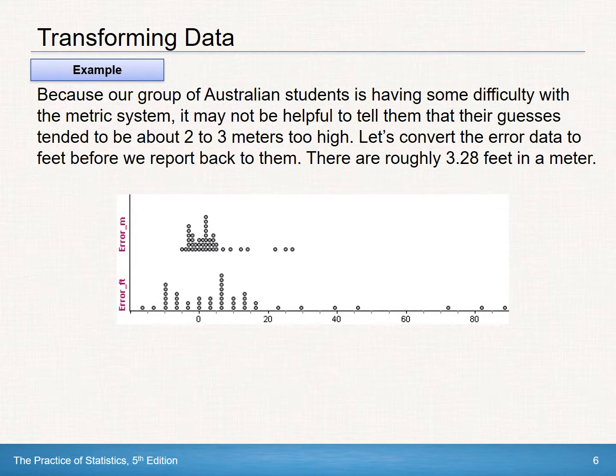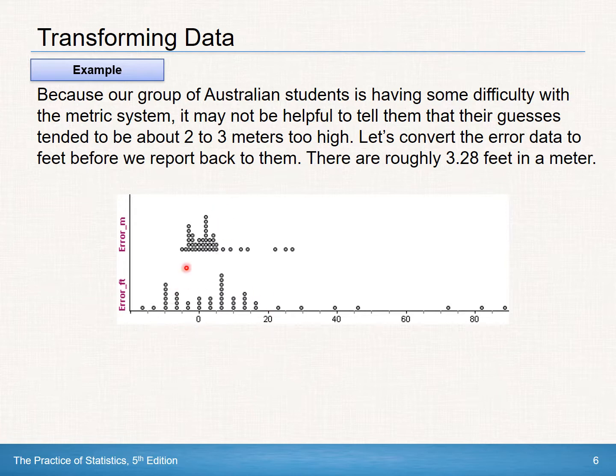It says, because our group of Australian students is having some difficulty with the metric system, it may not be helpful to tell them that their guesses tend to be about 2 to 3 meters too high. Let's convert the error data to feet before we report back to them. There are roughly 3.28 feet in a meter. So we took the